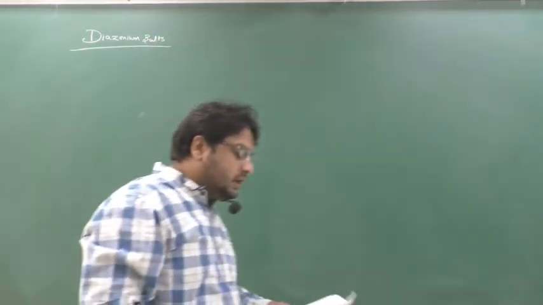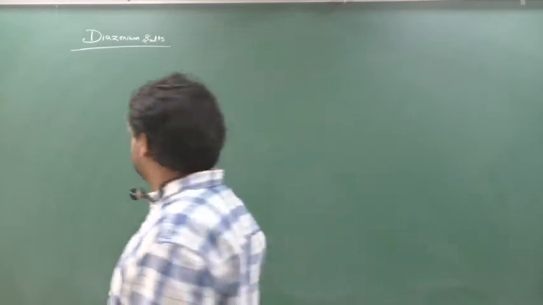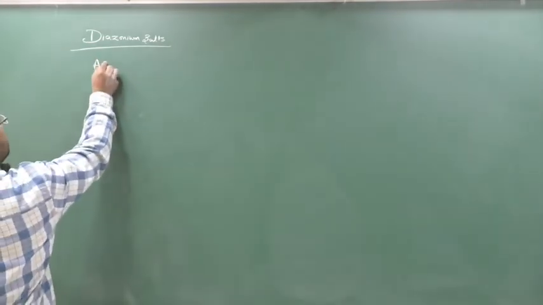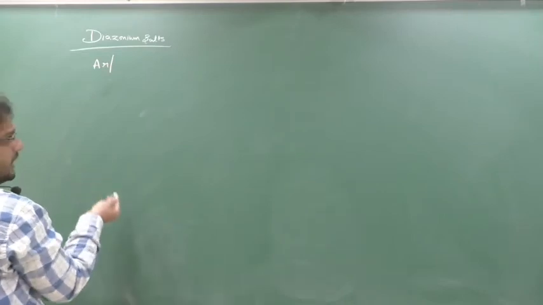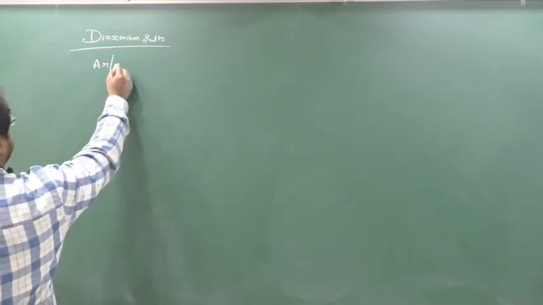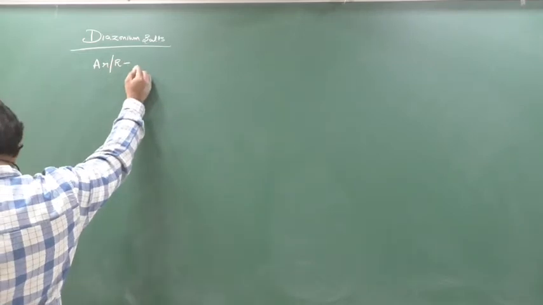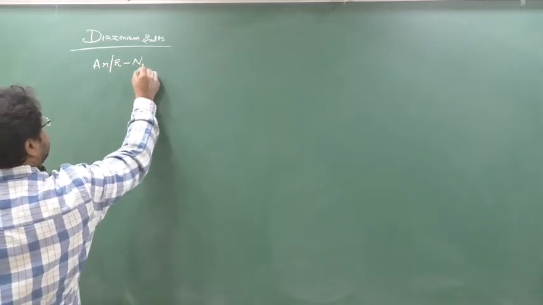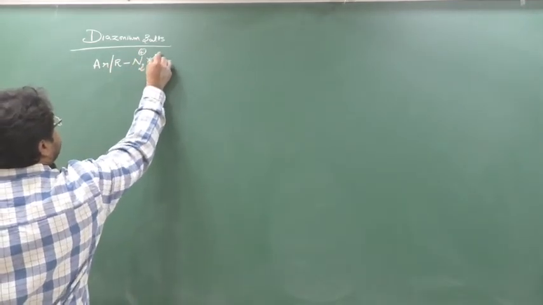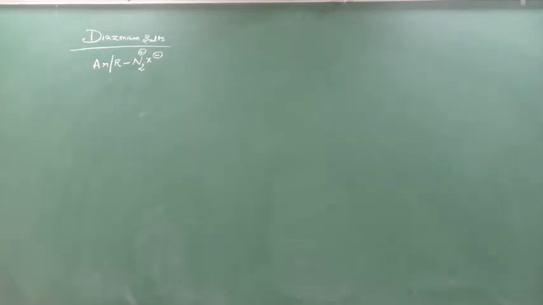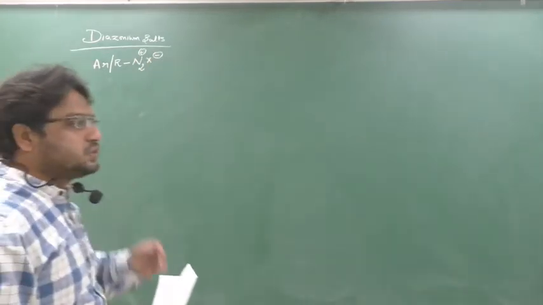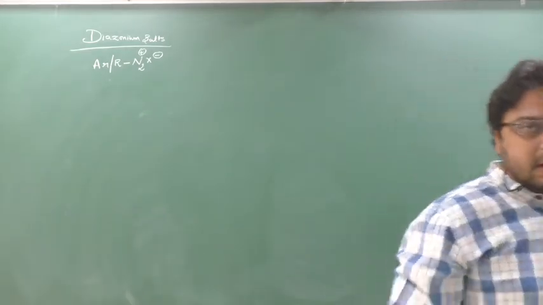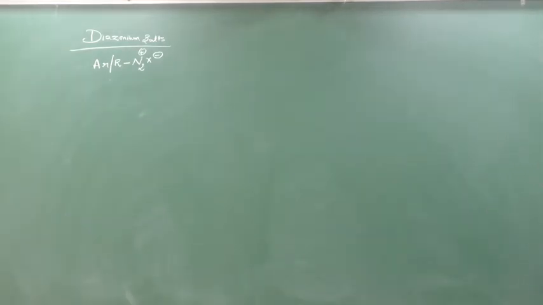Diazonium salts. If you see the diazonium salt, the formation is Ar, either you can take aryl, and that aryl you are taking only as C6H5, that is the phenyl ring, or R, and here you add N2 plus and X minus. Clear? So this is the construction of a diazonium salt. Either you are taking the aryl ring or you are taking R, N2 plus and X minus, and here we are going to talk usually about Ar only. We are going to study about Ar, not about R.